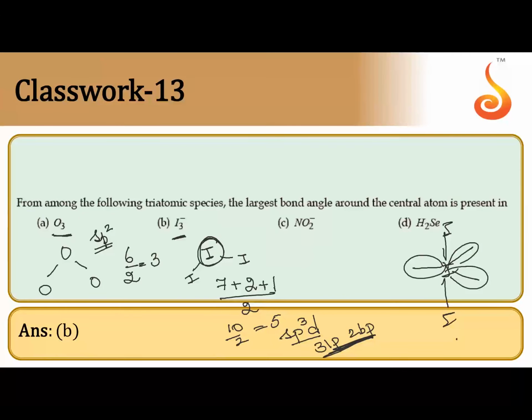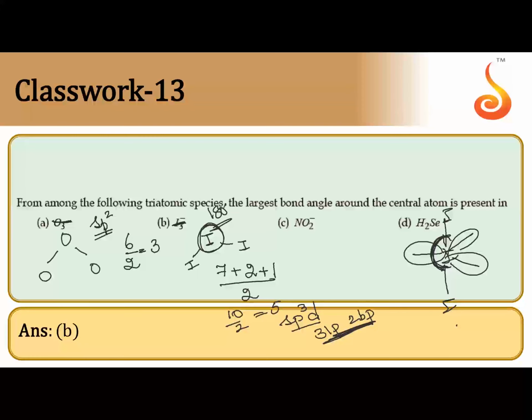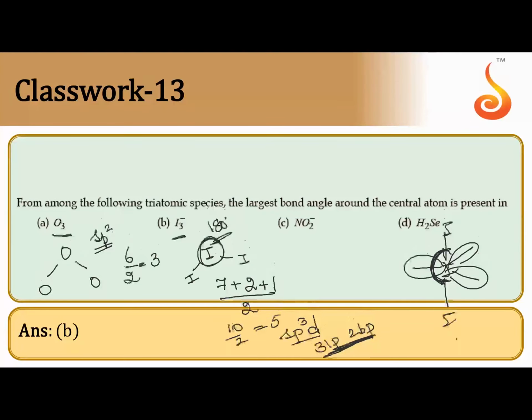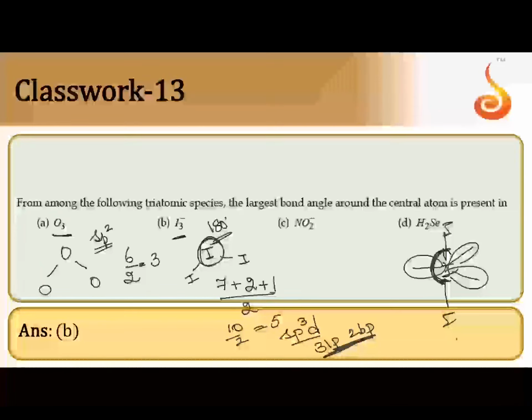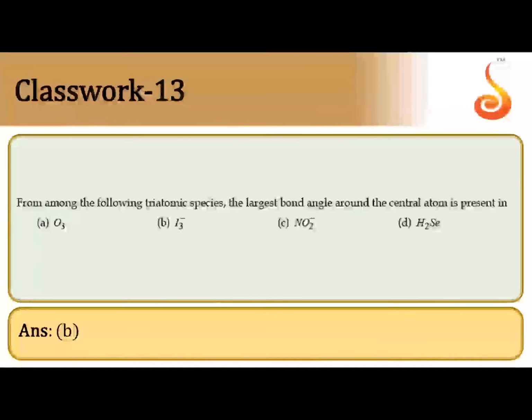So what is the shape? Linear. So what is the bond angle in a linear structure? 180. Who can beat 180? Nobody else. So you got your answer there. 180 is the maximum angle that we have seen. NO2 minus, anyway, you know how to do that. Okay, linear we are getting. Everyone agrees? So who is the highest bond angle? Option B. See carefully whether they have given I3 minus or I3 plus. Don't jump and say linear when you see I3 plus, you'll get it wrong. Let's go next.